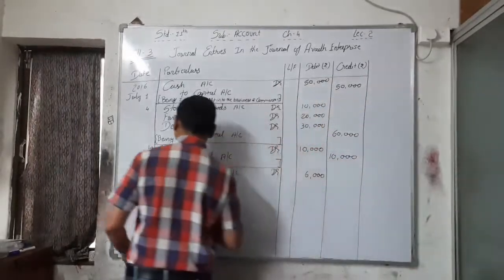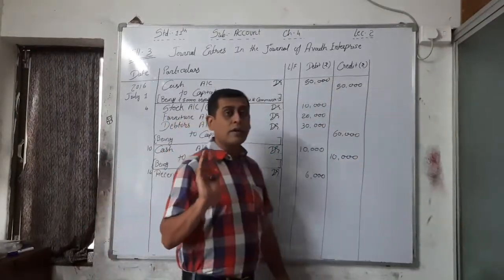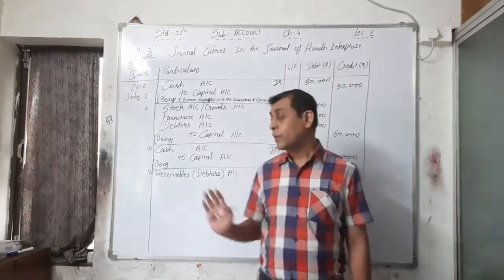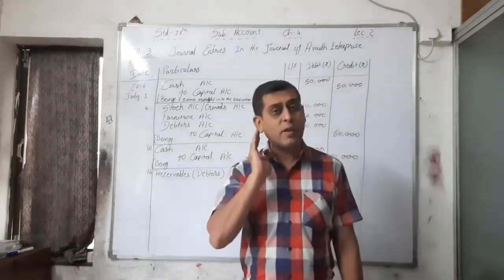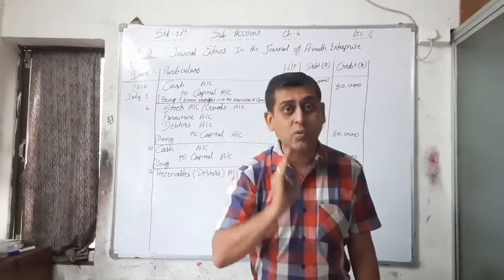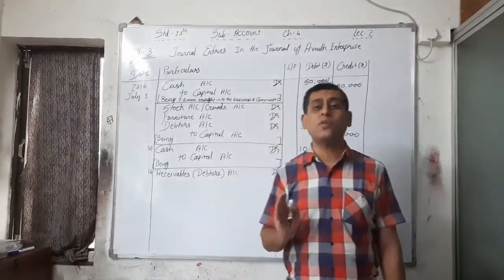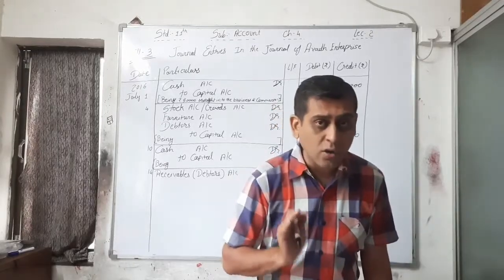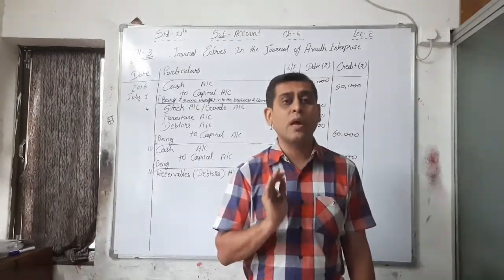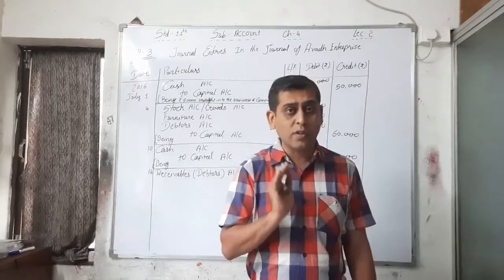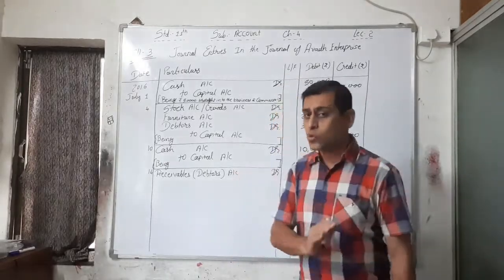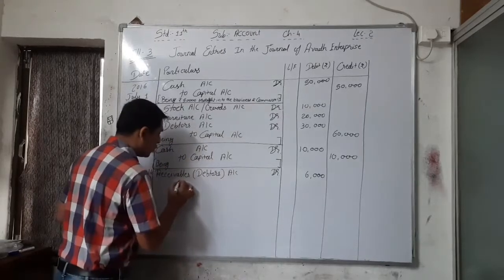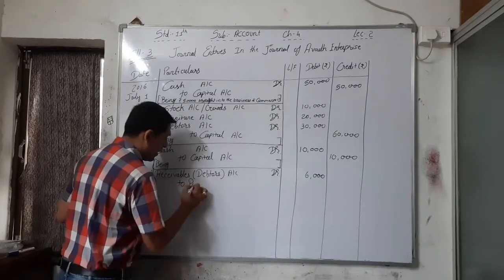Whatever is brought in by the owner, a debit balance must be debited and a credit balance must be credited. Debtors has a debit balance, so it will be debited, and creditors has a credit balance, so it will be credited. Whatever is brought by the owner to the business, we have to debit or credit according to the balance given. So receivables, that is debtors account, debit to payables,